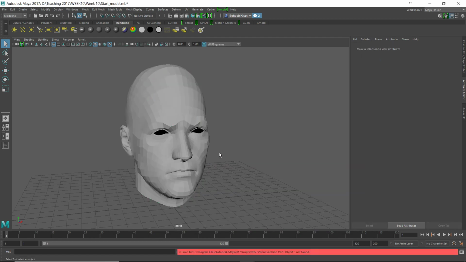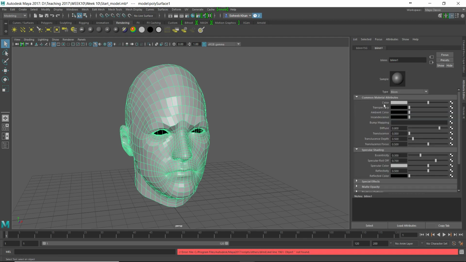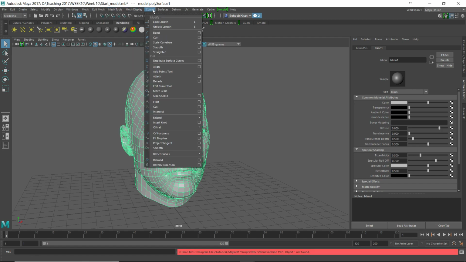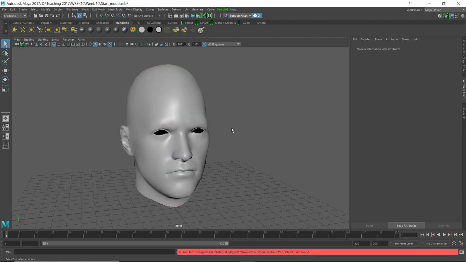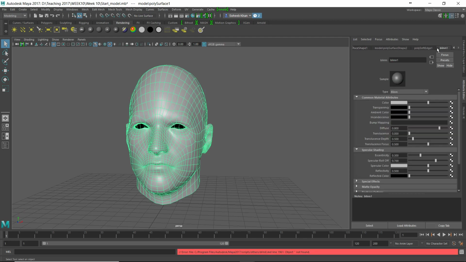So I'm going to do that part again. I'm just going to apply a blend to this. I'm going to go to mesh display and soften the edges so it's nice and smooth, and I'm going to go on to the blend here, and I'm going to apply